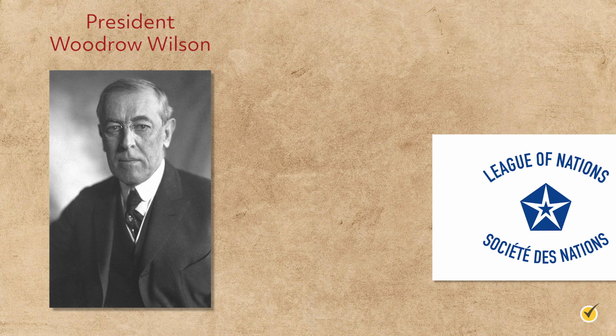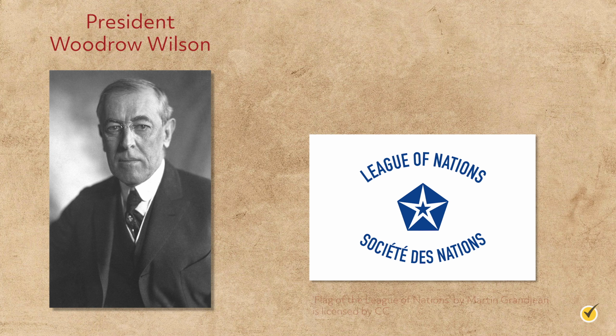President Woodrow Wilson's ambitious vision for the post-war world suffered a major setback when the Senate rejected the Treaty of Versailles and refused to allow the United States to join the League of Nations. Worse was to come for Wilson in October 1919 when he suffered a stroke and was incapacitated for the remainder of his presidency. The lack of a decisive presence in the White House contributed to a climate of fear and uncertainty in the immediate post-war years.